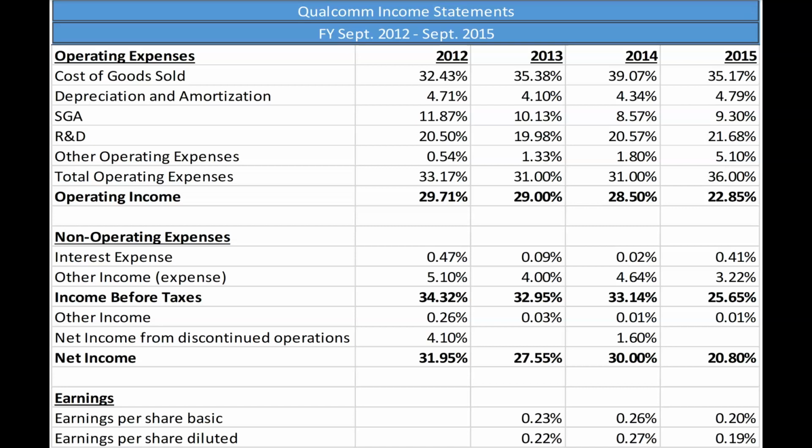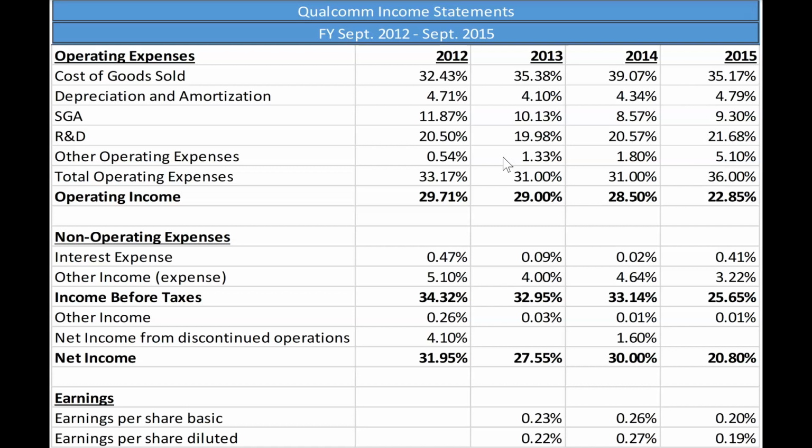For example, on the line item other operating expenses, from 2012 to 2014 there were relatively low percentages. And then all of a sudden in 2015, you get a jump from 1.8 to 5.1%. Something like that you can easily see